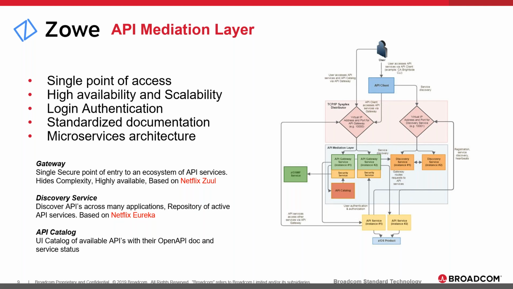So if one goes down, the other one is available, and it also gives you this load balancing capability. You can also scale up 2 instances of the same product, and they can have their own API services, which is not shown here. And then you also have, I'm going to make it very short, a login